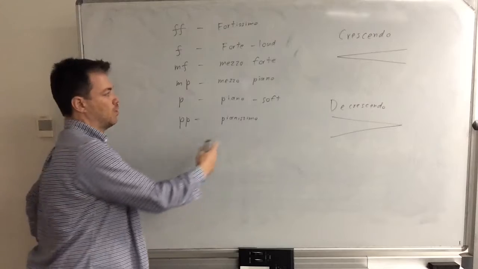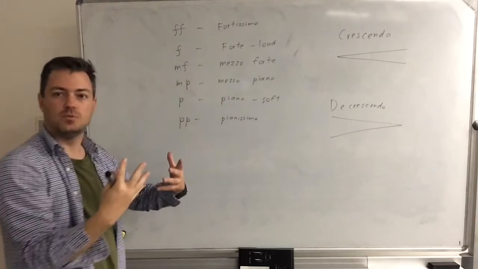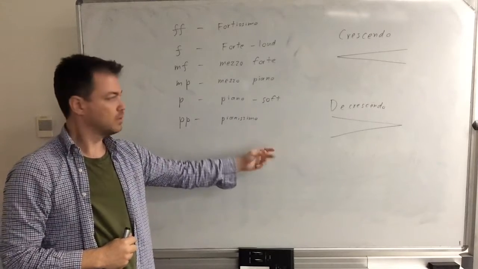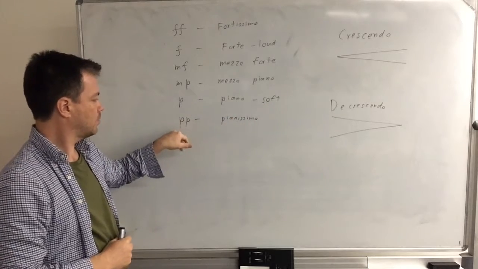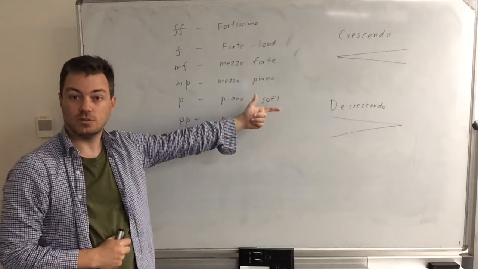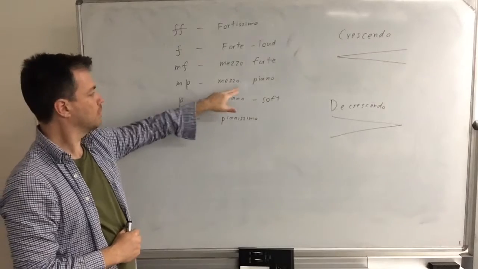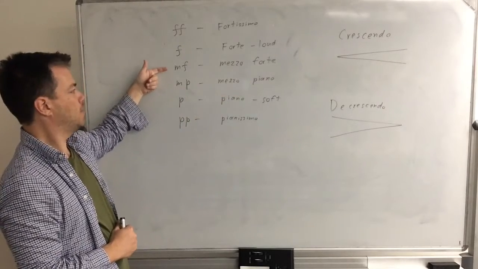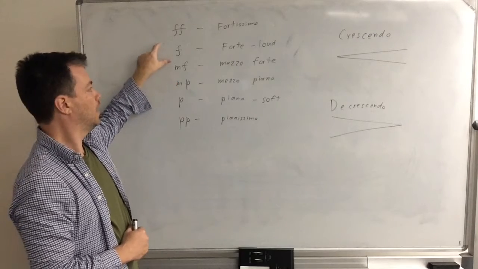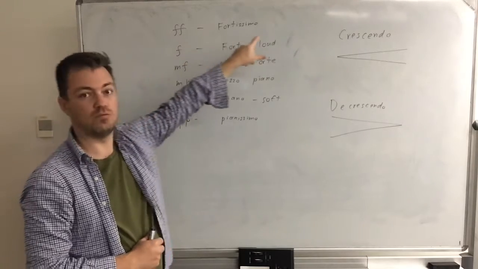So on the music we don't write the full names, we just write these little ones here. So you'll see on a piece of music it might start at PP, which is pianissimo, which is very soft. Okay? So pianissimo, double P means very soft. Single P is piano, which just means play softly. MP, mezzo, which means moderately, so moderately soft, MP. MF is moderately loud. I'm going to come back to that one because that's an important one. We'll keep going though. Forte, which means loud, and fortissimo, which means very loud.